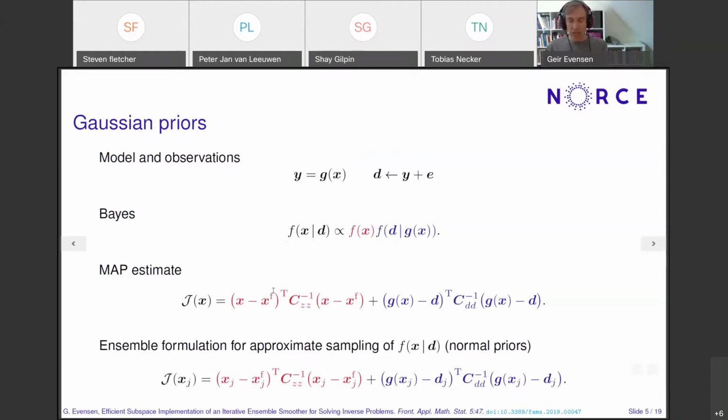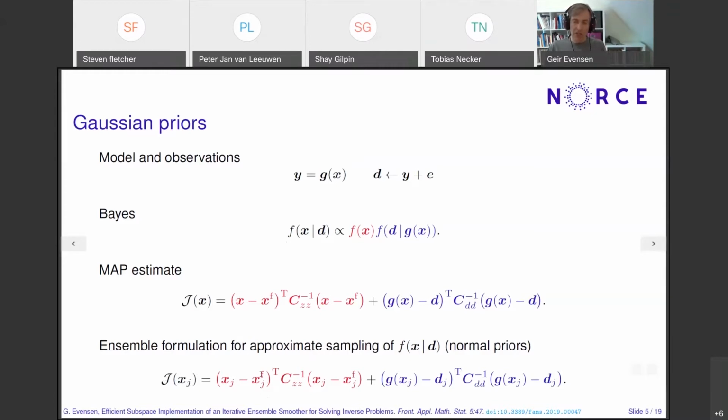Okay, we are working with ensemble methods. For example, in 4D-Var, you would minimize this cost function. If we are working with ensemble methods, then you can show that you approximately sample this posterior PDF by minimizing an ensemble of cost functions, where we now have